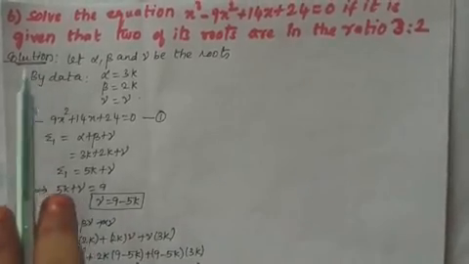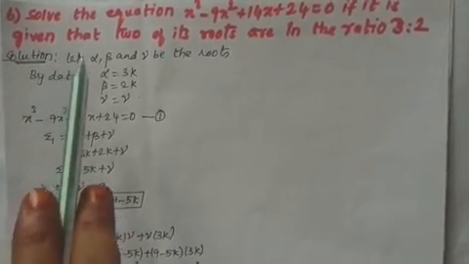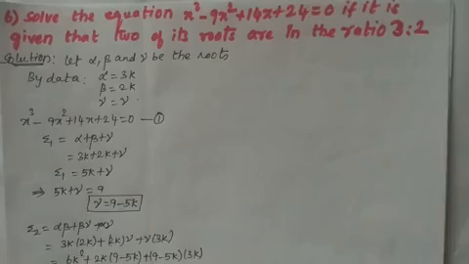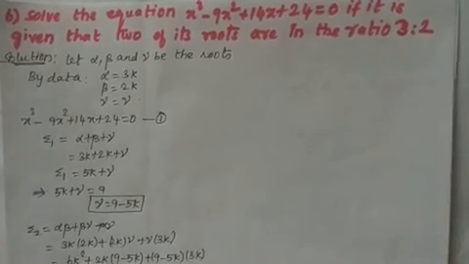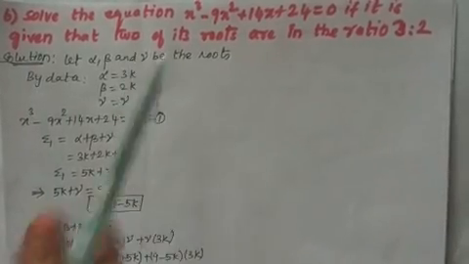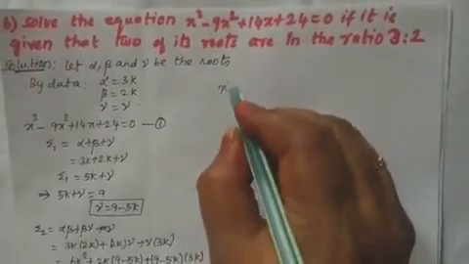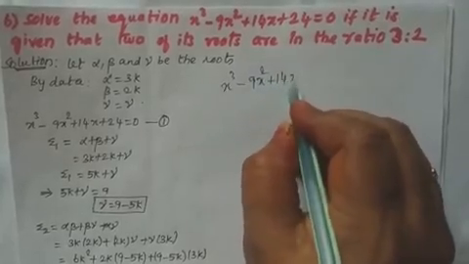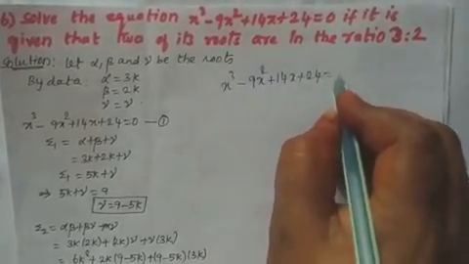Okay, now we are going to see the problem which is given under exercise 3.1. Sixth problem we are going to see now. What was the question given? Just to see the question clearly, solve the equation. What was the equation given? X cube minus 9x square plus 14x plus 24 is equal to 0.